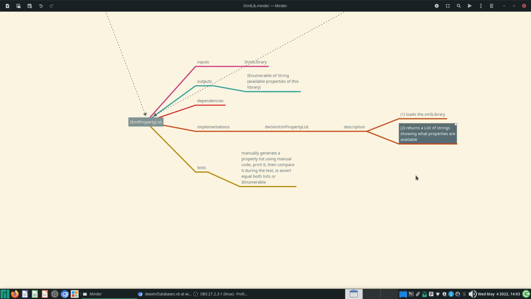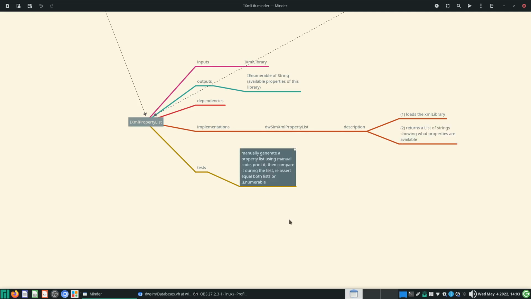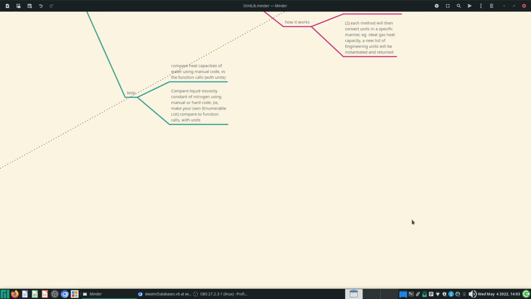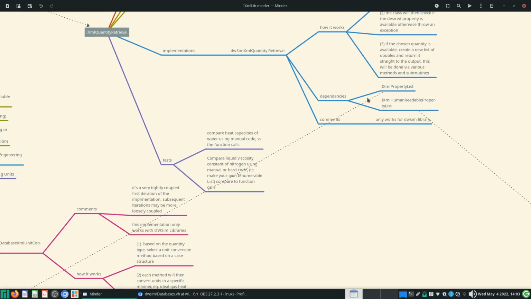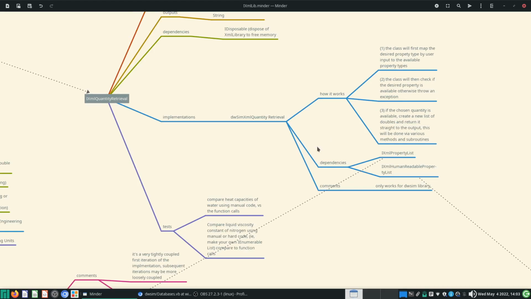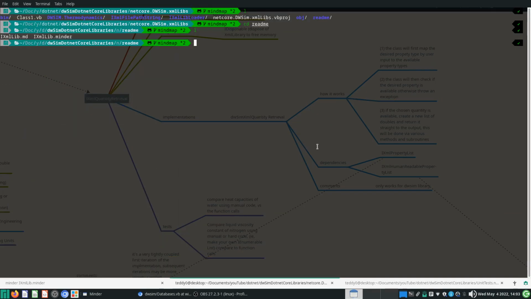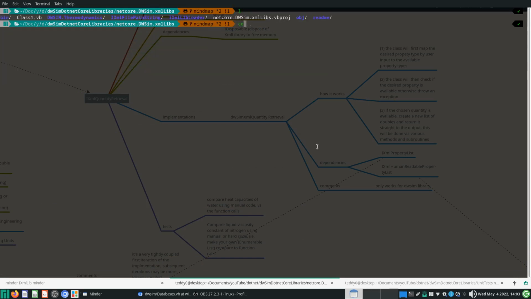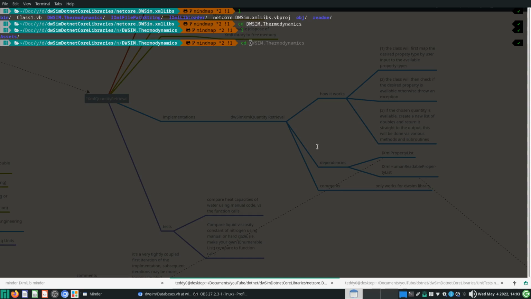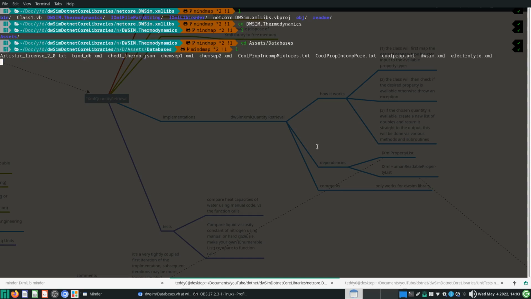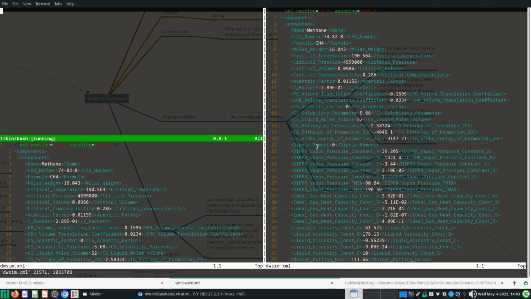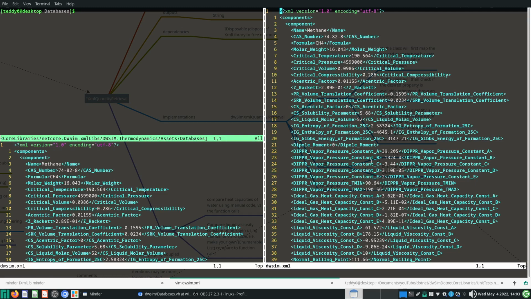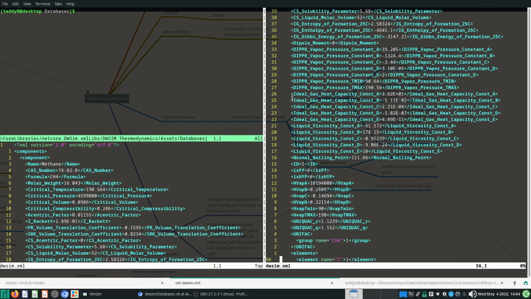Okay, so let's move on. This is what this class is supposed to do. Of course, if you take a look here at the DWSIM thermodynamics, the DWSIM XML, you'll see that if I just want ideal gas heat